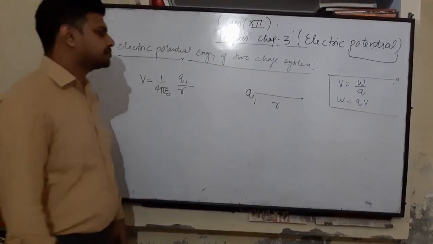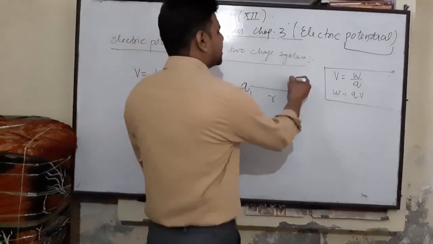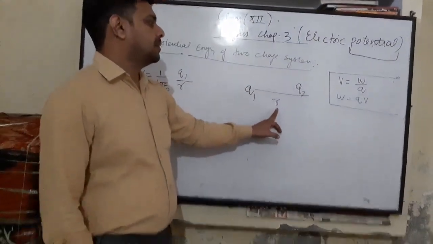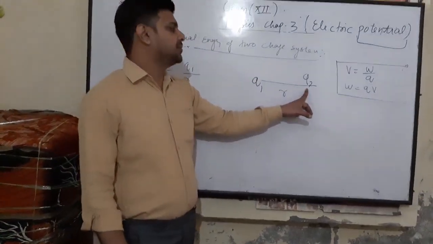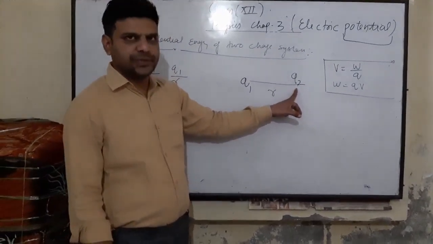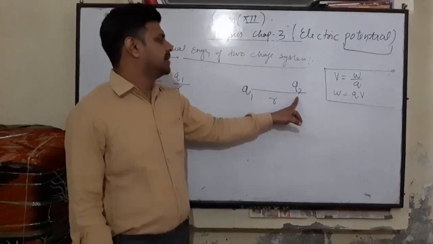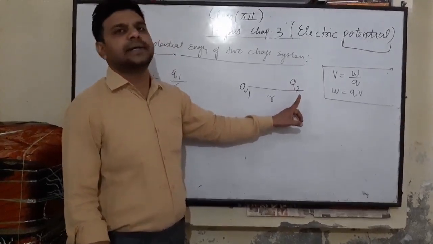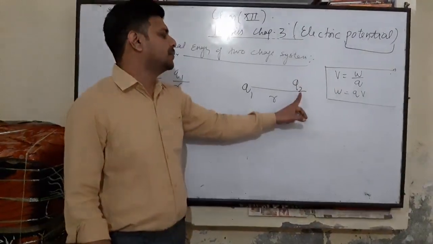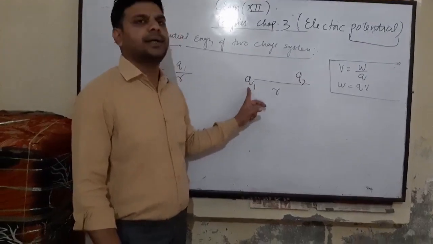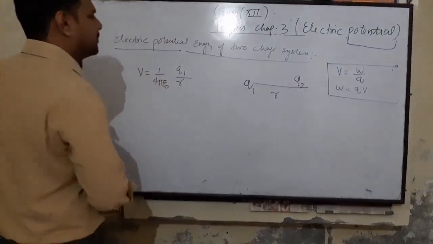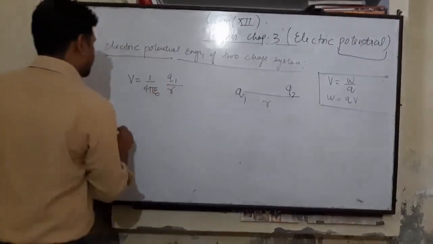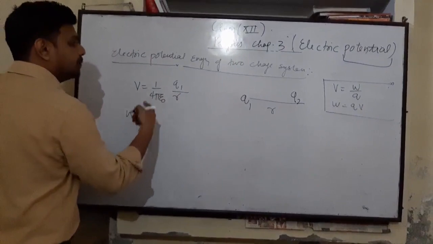Now, if we place another charge Q2 at this point, in the electric field set up by Q1, then some work is done by an external agent in placing Q2 inside the electric field produced by Q1. So the work done in placing Q2 at this potential is, from W is equal to QV,